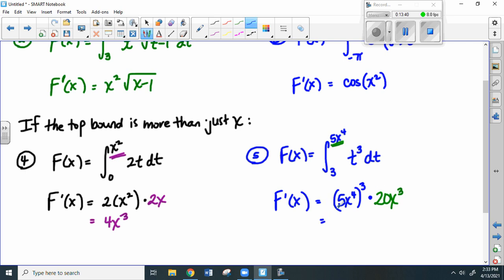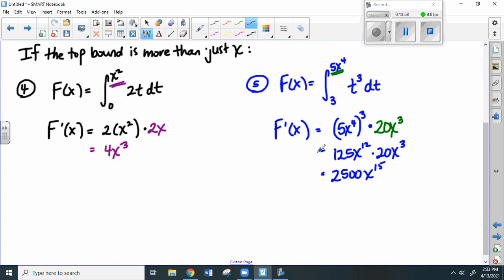That would actually require me to cube the 5 and the x to the 4th, but that's a multiplication. And then I'm going to multiply that by 20x cubed. It gets a little bit bigger. And remember, now you add the exponents. Okay? And then let me give you one with a little trig in it just to make sure that we're